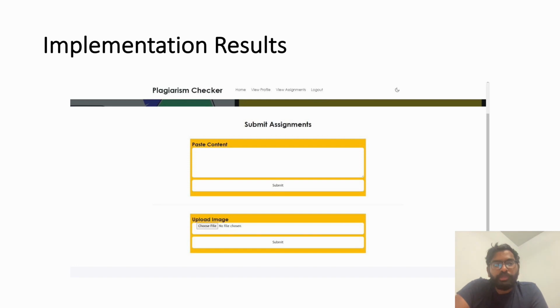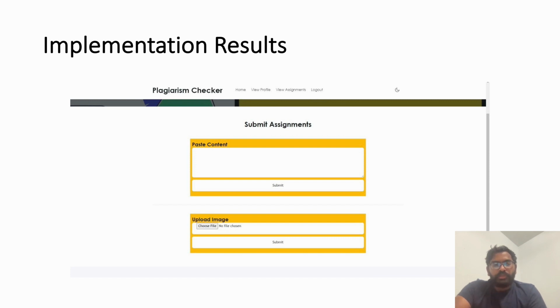So when we come to implementation details, we thought a website would be a better approach, where a student can just log in and upload his answers. As part of this implementation, we had two logins, an admin and a student, where the admin can log in and post the questions, just like what professors do. Admin can log into his account and add a question or an assignment or task, and when